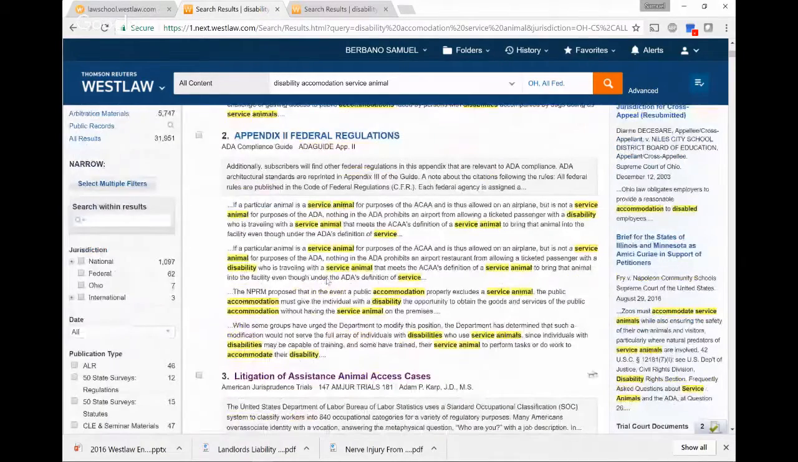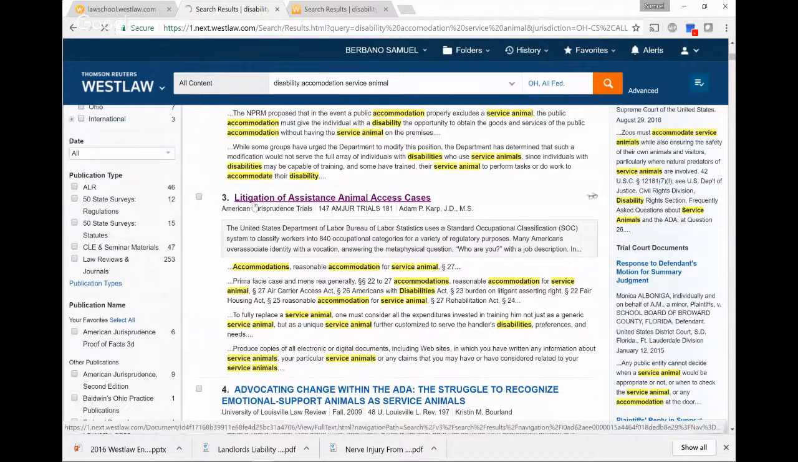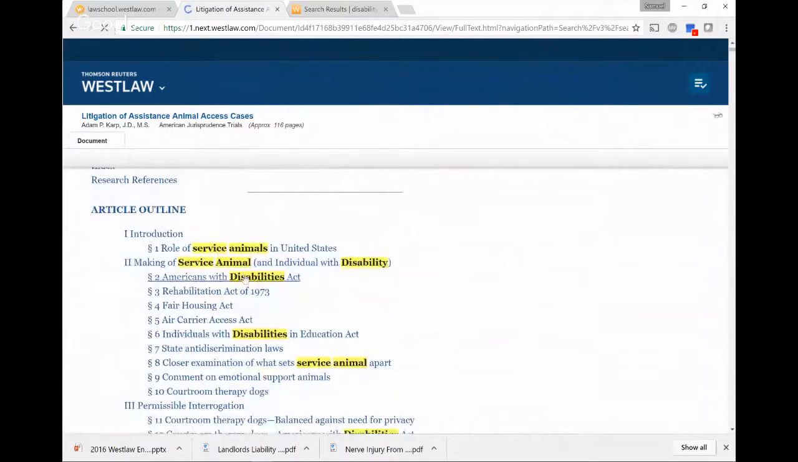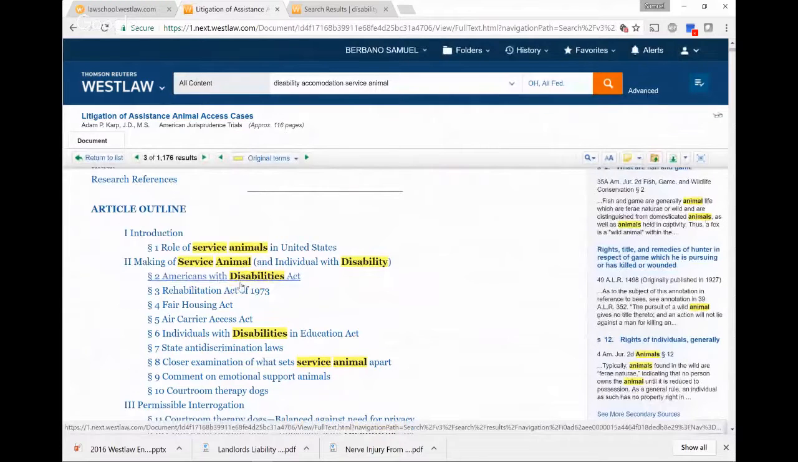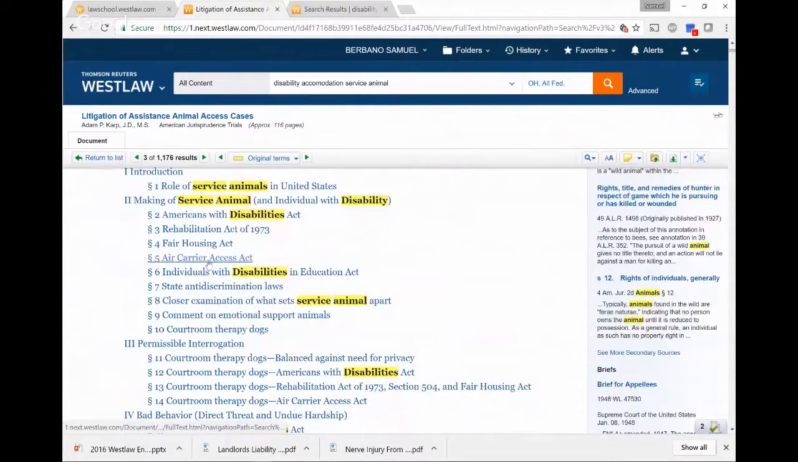What I particularly like are practice guides. Things like a state practice series, or what we're looking at here, result number 3, American Jurisprudence Trials. So if you click on this and you notice the article's outline includes a section that talks about making of service animals. We're going to define what a service animal is under all these different laws, because maybe you can take your service animal into the workplace, but maybe not onto a plane. Well, there's a different act, the Air Carrier Access Act, see that number 5, that speaks to what is okay